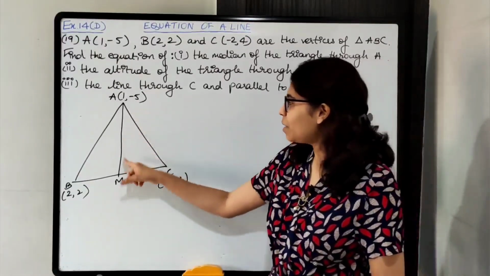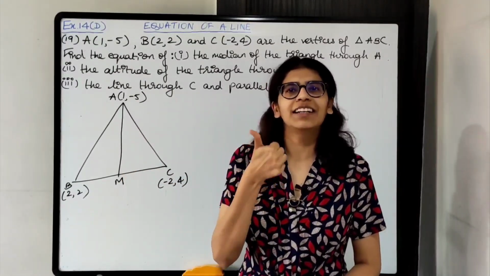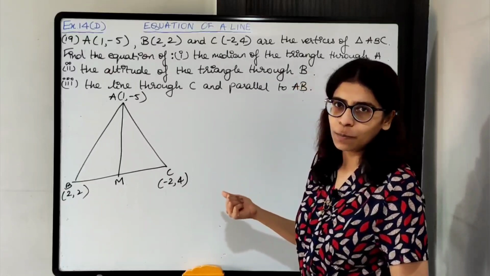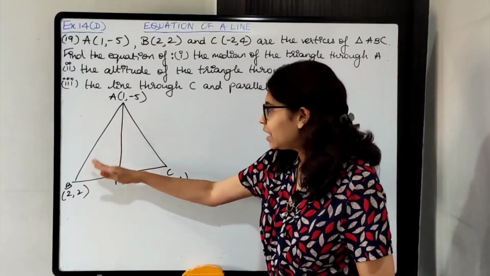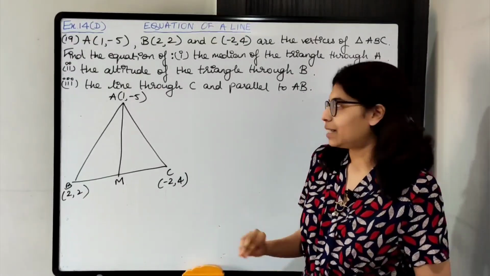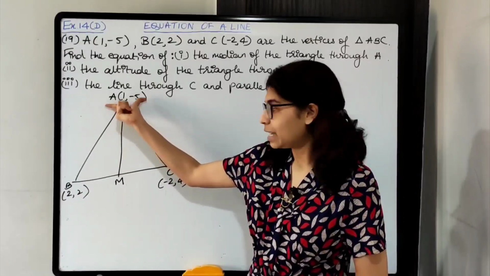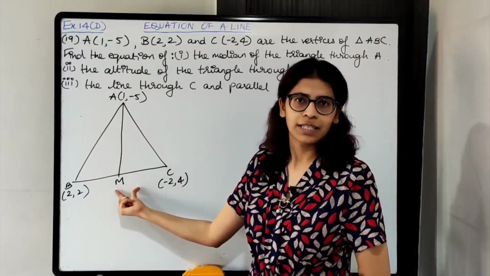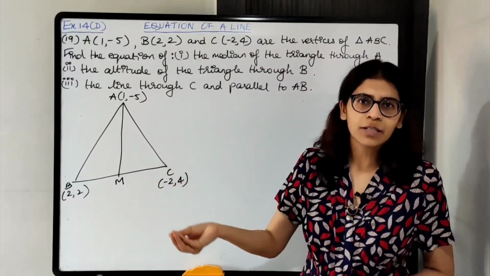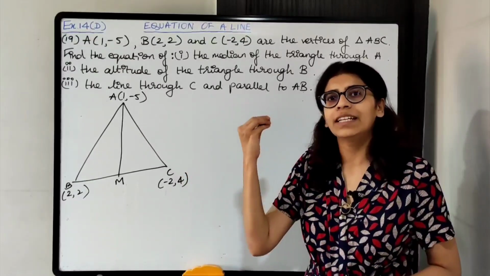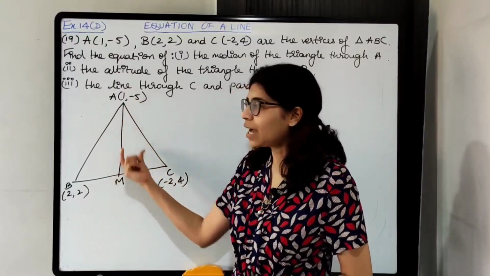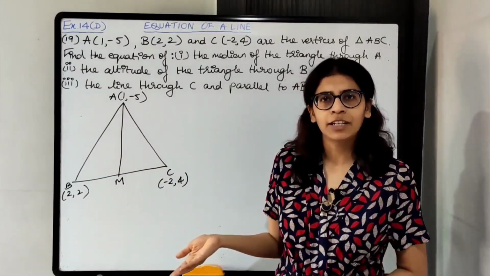To find the equation of AM, the first thing that I need is slope. Without slope I cannot frame the equation. Now for slope, over here I am not told that any line is perpendicular or parallel, nothing. What other information can I get? I have A's coordinates. If I find M's coordinates, then using the two-point form I can easily frame the equation. I will get the slope also. If the coordinates of two points on a line are known, then you can easily frame the equation. So if I find M's coordinates, it's easy. I can use the coordinates of A and M and find the equation.